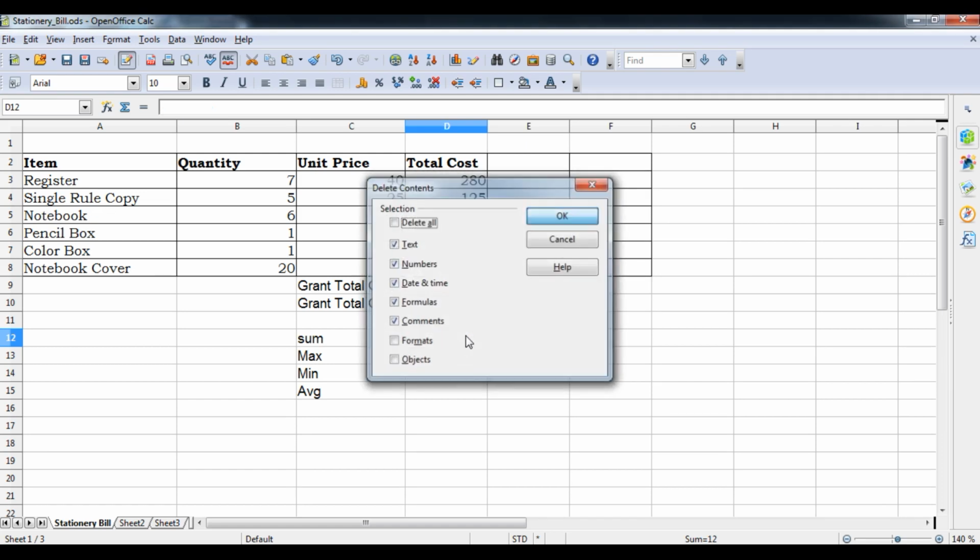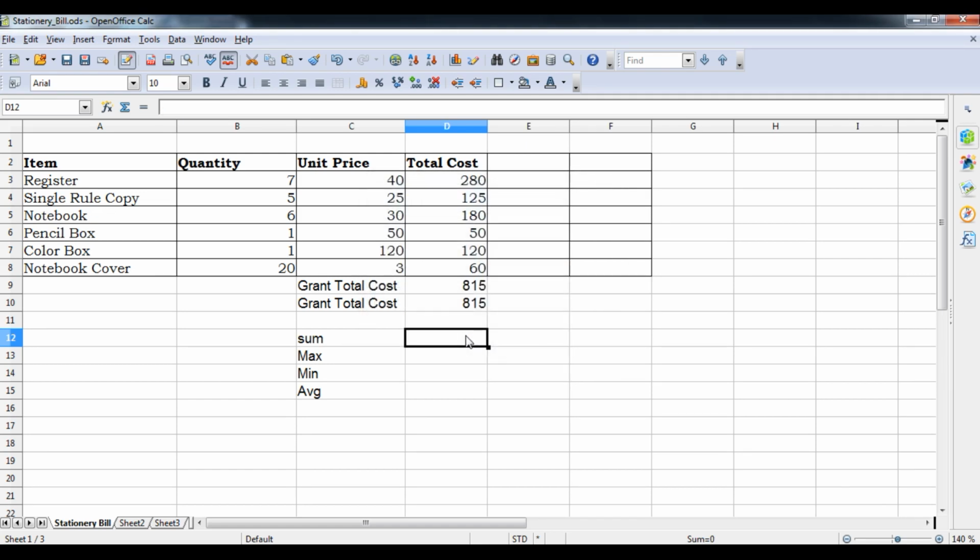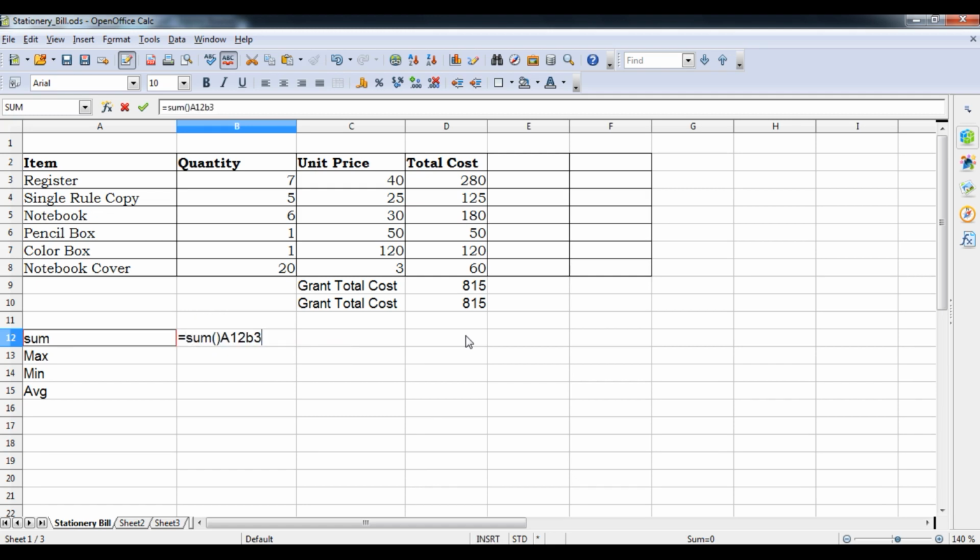Okay, so in the same way I'll just cut that and apply it here. So here sum of what? B3 semicolon B4 within round bracket. B3 semicolon B4. Now you can see 12 has come. That is 7 plus 5 will be 12.